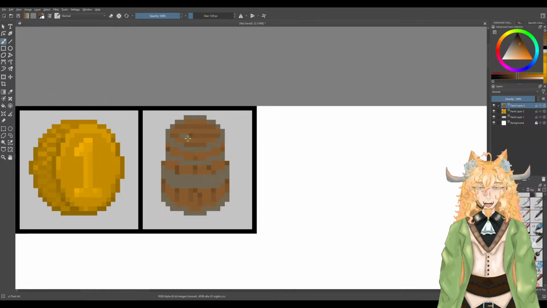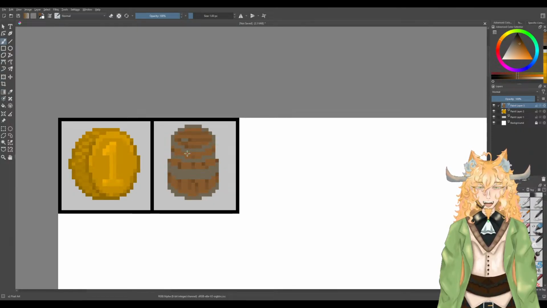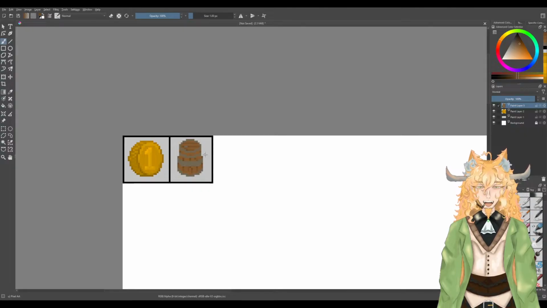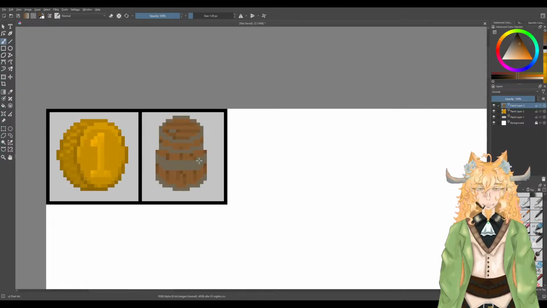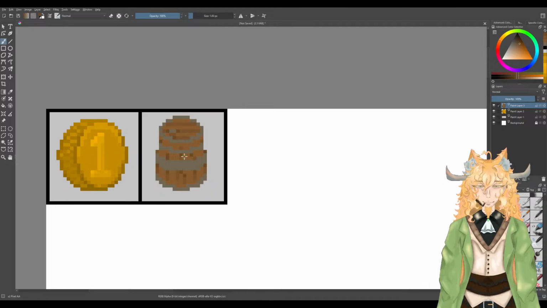And again, I can put darkened areas there. I could even get away with doing something like that. Give it a little bit more detail. I like it,